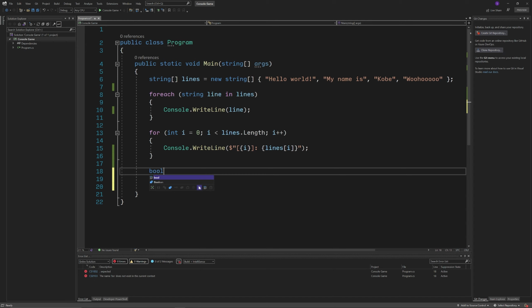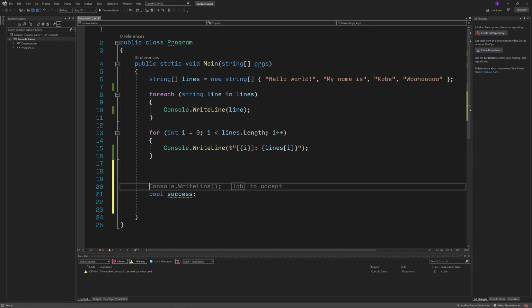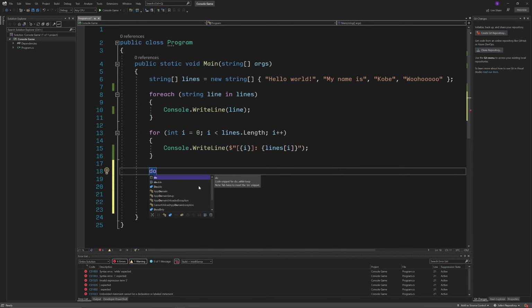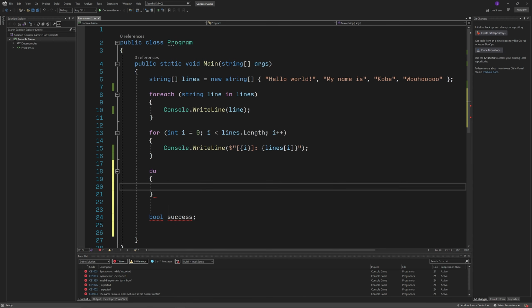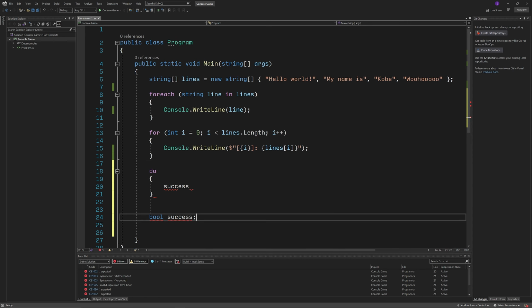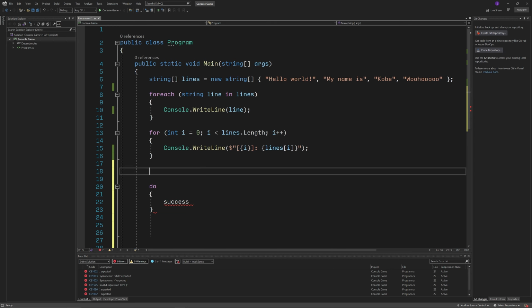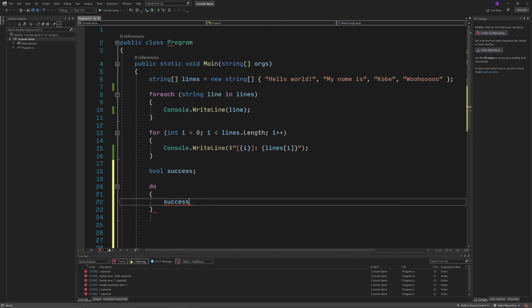So, for example, let's say we did bool success, right? This is whether or not it was successful to get it from the website. So I would do this the first time we do it, and then we do success. This needs to be defined beforehand. Things go in order. So success equals true,